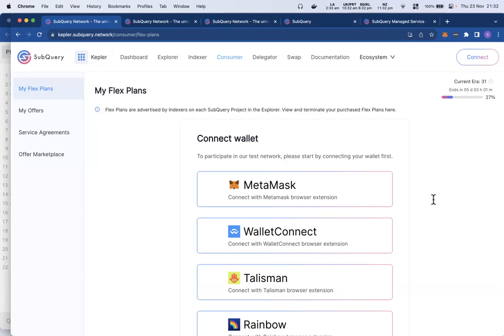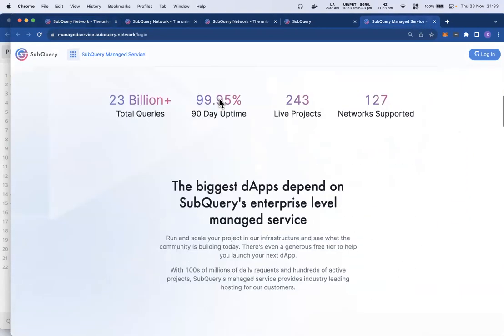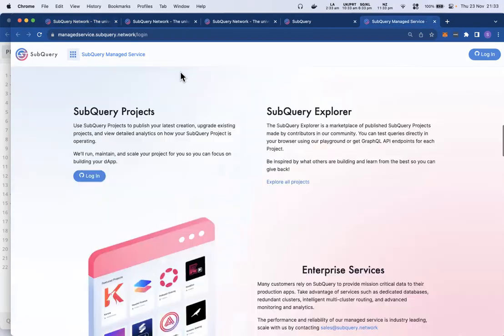If I'm hosting it, how much does it usually cost? If you're hosting it, you develop it on your laptop to make sure the project works. If you then want to host it, it would really depend on your hosting provider. You might spin it up in Google Cloud, you might spin it up on AWS. Let me just double check for managed services. So this is our managed service.